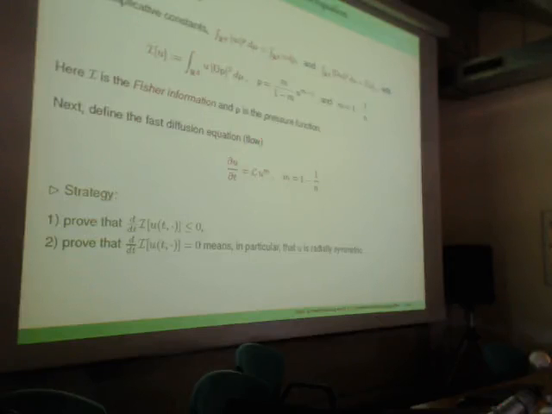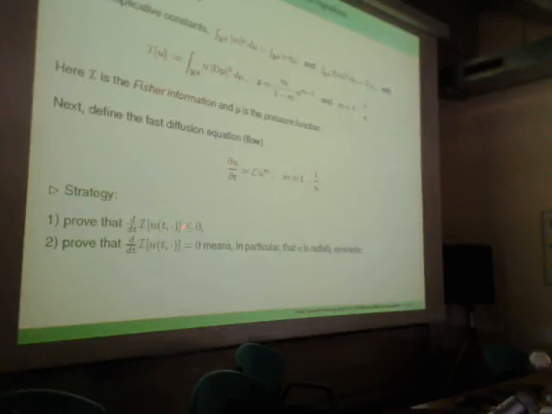A flow is just a parabolic equation, a nonlinear equation. It's a fast diffusion equation because n is less than 1. So you have u_t equal to the Laplacian of u^n. When n is less than 1, it's fast diffusion. And the strategy is the following. We want to prove that along this flow,